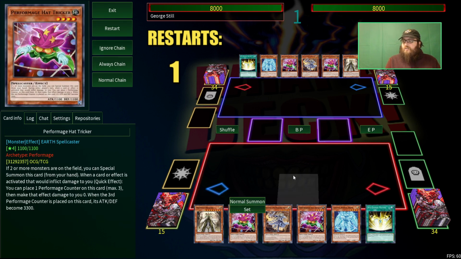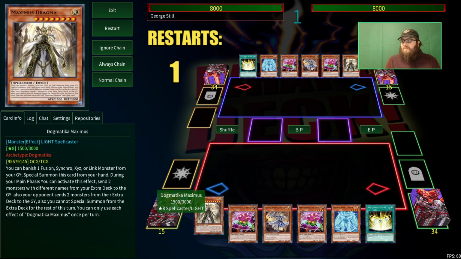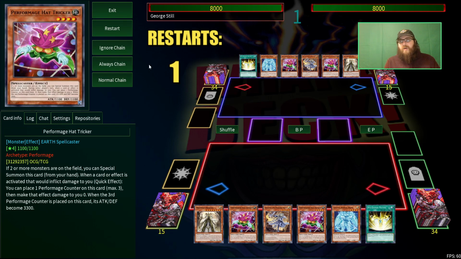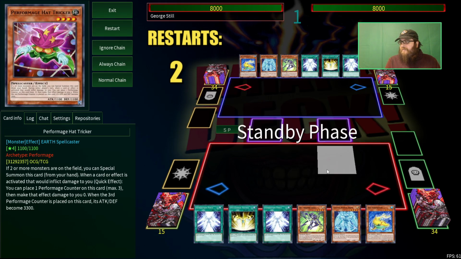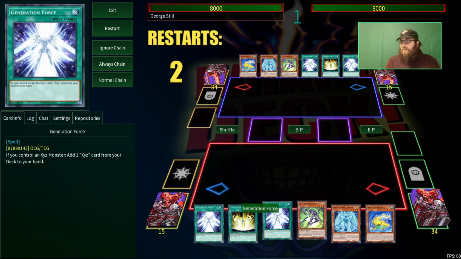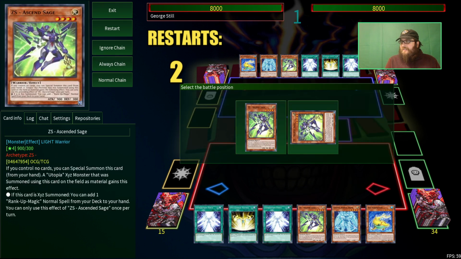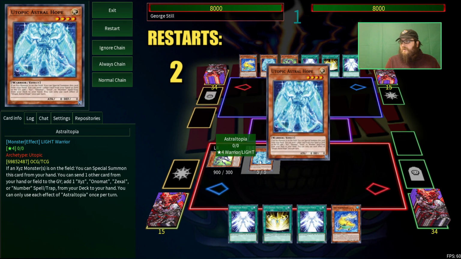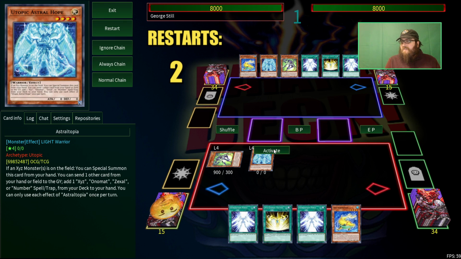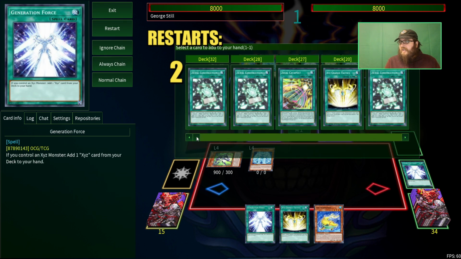We got the 2 Hat Trickers, great extenders you don't want to start. This can only special summon. Basically, we have a bunch of normal summons and no way to special summon it, so that hand's dead. This one can potentially work, although I don't know, we'll try it. I'll try it out and we'll see what we got. So we can normal summon this, and even though we don't need to, we're going to go ahead and discard the Generation Force and get a...